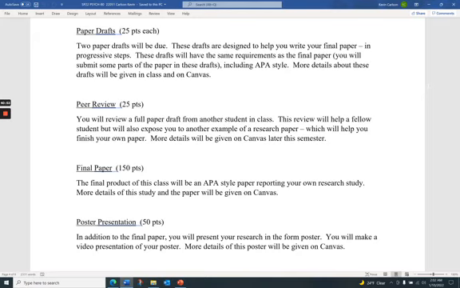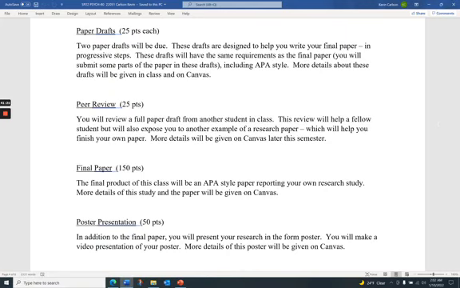So again, it's not like we're going to be going through the semester and all of a sudden you have a big thing that you have to do at the end. We're going to take it step by step, and that will take the pressure off of us. But again, what I'll say is that makes it really important for you to stay on track. If you're not on track with the smaller assignments, including the drafts, you're going to really struggle at the end. So if you blow off the draft and say, oh, it's only 25 points, I don't really have time to do that, you're not going to get feedback.